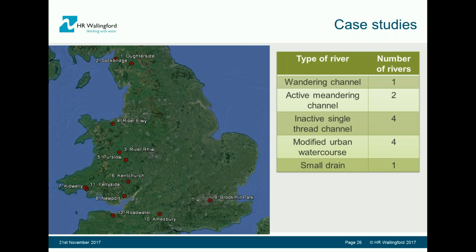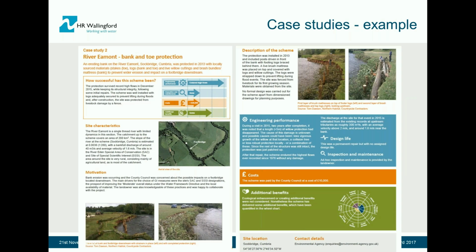And then a final component of the study is the case studies. So this map here shows the different locations of the case studies. We weren't focusing so much on trying to get an even geographical spread across the country as trying to make sure that we got most of the types of river watercourse shown included within the case study